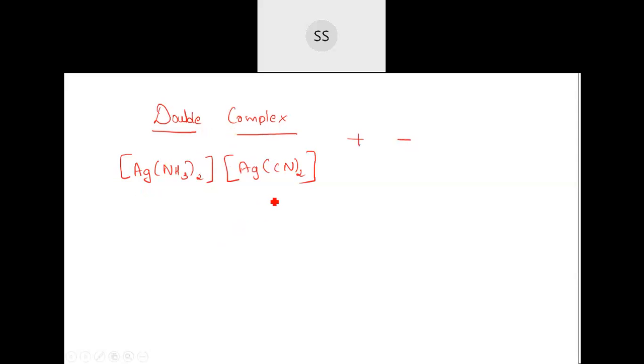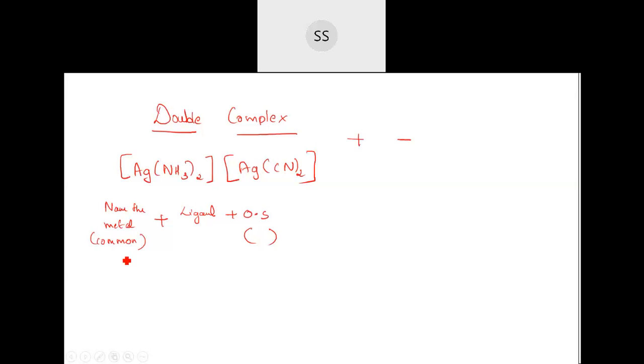Now if they give you this kind, how will you name it? So you know that in the complex you have to start with the ligand first, then go to the metal part. Again, for the next complex you will start with the ligand first, then go to the metal, and immediately after the metal you have to write the oxidation state. So when you name them, you will name the ligand, then the metal, and the name of that metal will be the common name. After that, you write the oxidation state of that metal in the Roman number. And then you will go for the next complex.